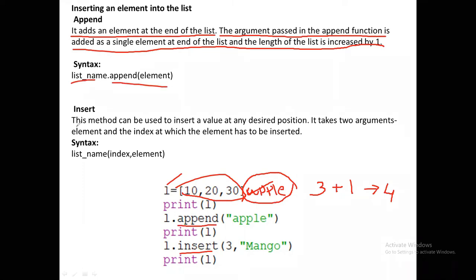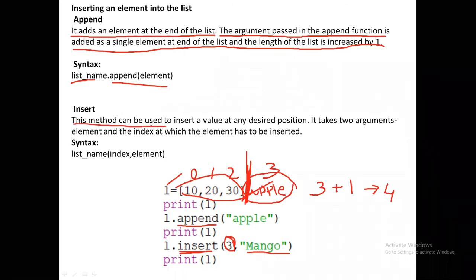Insert. So what is the insert method? Append means you can insert the element at the end of the list. If you are using the insert method, then you can insert the value at any desired position. So for example, I want to insert mango at index 3. This is 0, 1, 2, 3. Now I want to insert here at index 3, then I'm going to use this insert method.